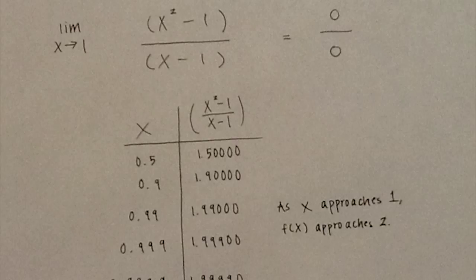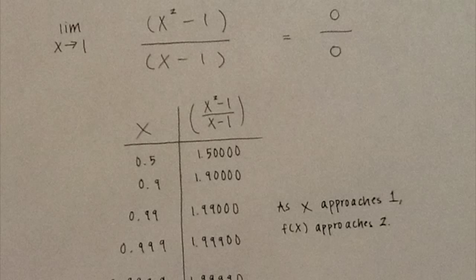So we're going to solve a really simple limit problem first. The limit as x approaches 1 of x squared minus 1 over x minus 1 is basically 0 over 0, or the indeterminate form. So instead we're going to pick some x values that approach 1 and see what f of x tends toward. So we're going to pick 0.5, 0.9, 0.99, 0.999, and so on. And from the table of values, we can see that f of x approaches 2. So we can conclude that as x approaches 1, f of x approaches 2,